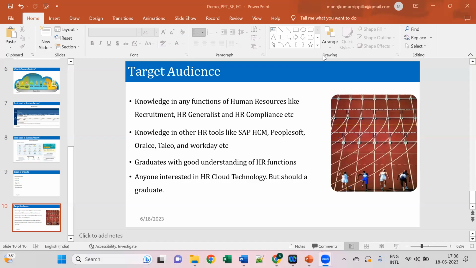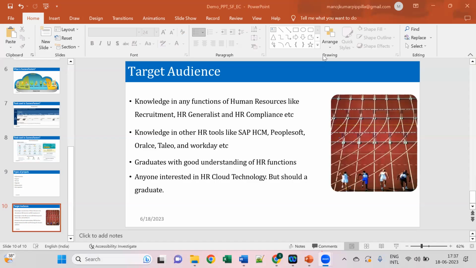And I wanted to tell you one more thing. In future, there will definitely be a large scope for SuccessFactors, because SAP has started forcing all its clients. As we discussed at the beginning, 50 to 60% of clients use SAP applications.